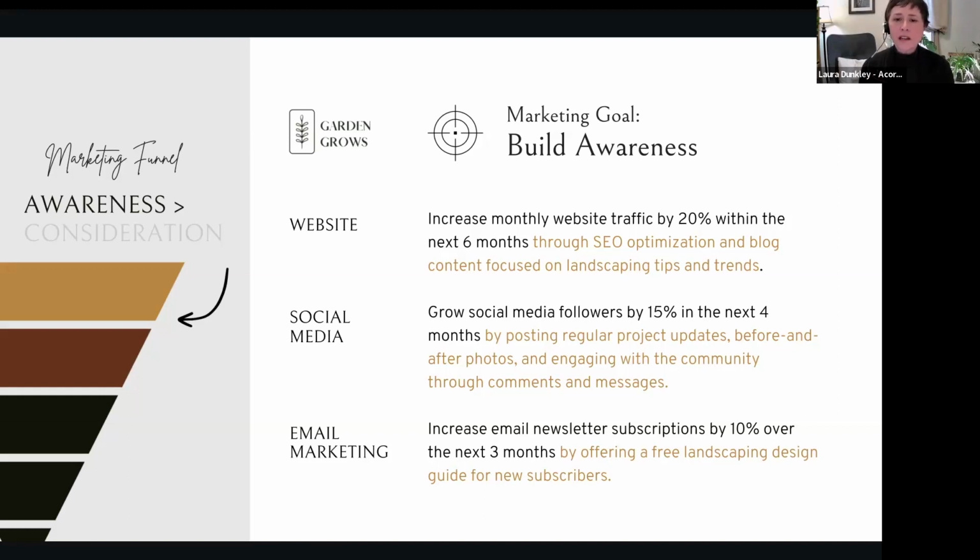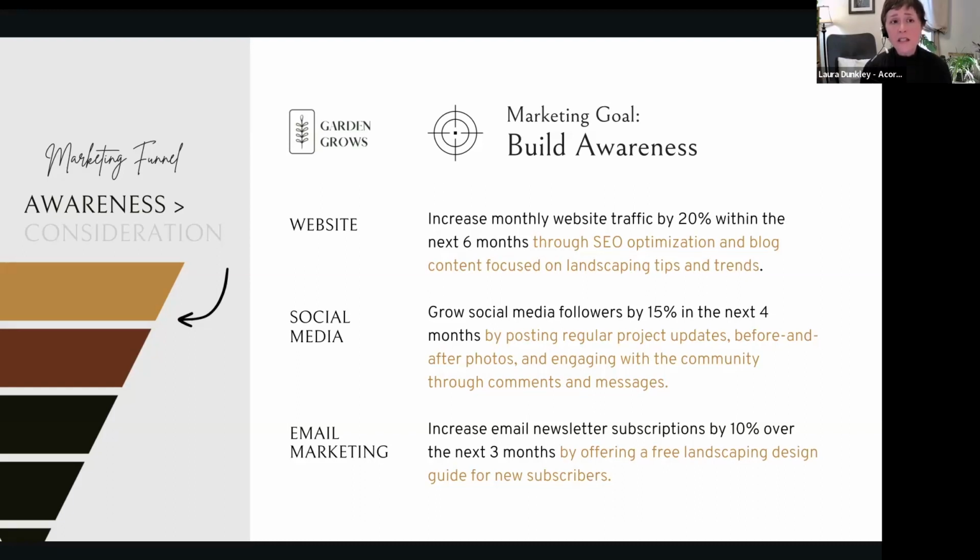And what's interesting is, let's look at these. We're going to increase monthly website traffic by 20% within 6 months. So it's very specific. Now, there's sections on this that are colored, and that speaks to tactics. I just want to revisit the fact that you don't have to put your tactics in this part of your goal setting, because tactics usually come later, but it just gives you an idea of what you're going to do. You may decide that when you're doing goals, you want to bring in these tactics right here, and that's okay too, because it does help it to become more specific.